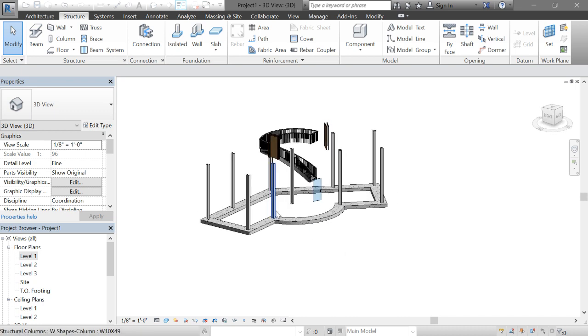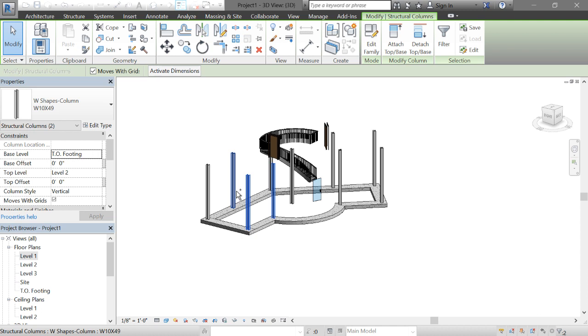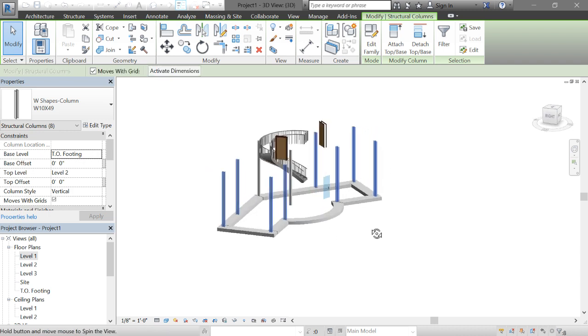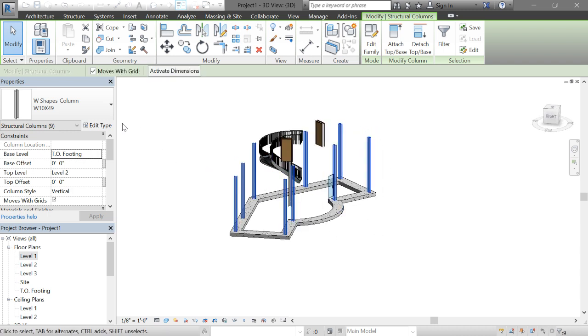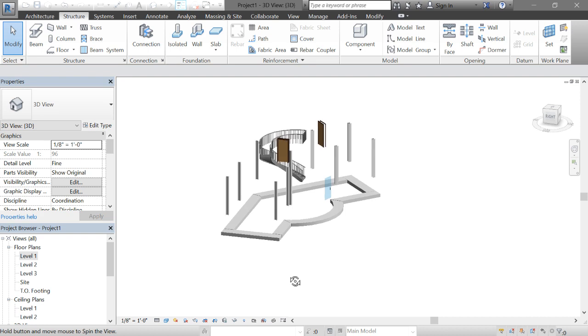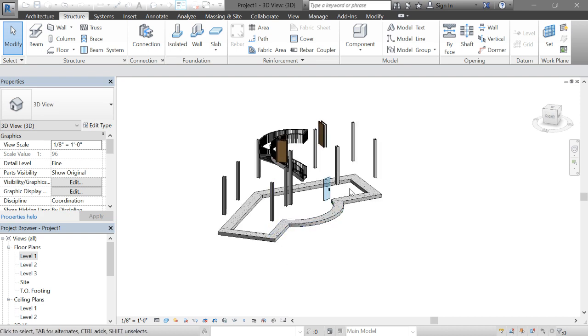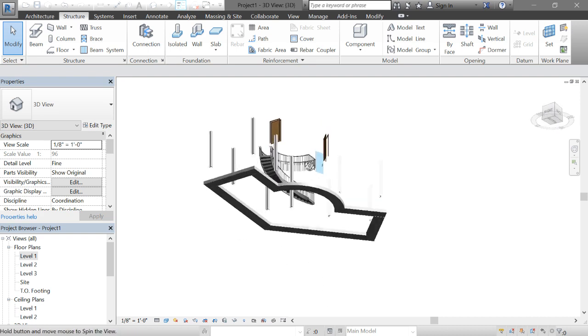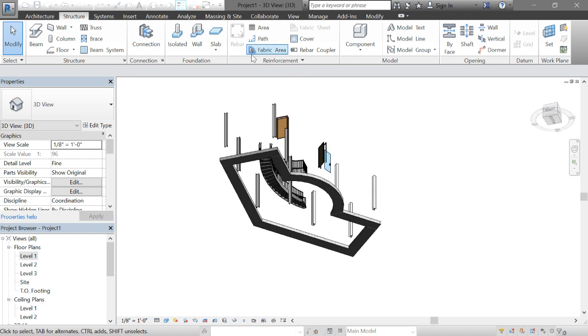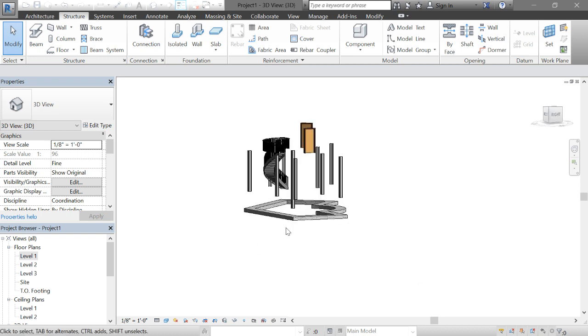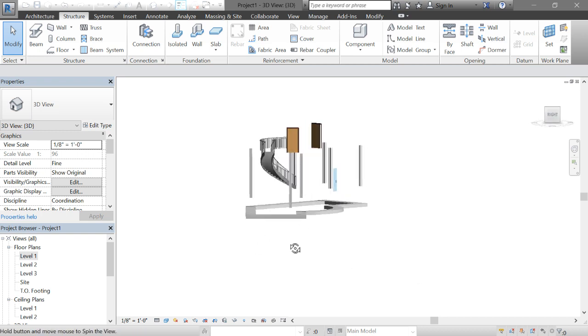So for any column that's on the exterior here, which is basically all of mine except one, I want to change that base height to where it's at level 1. And the reason for that is those columns will sit on this foundation wall. Now this column sitting right in the middle that I'm not going to use structurally, just for an example here, I'm going to keep that one at the height top of footing,